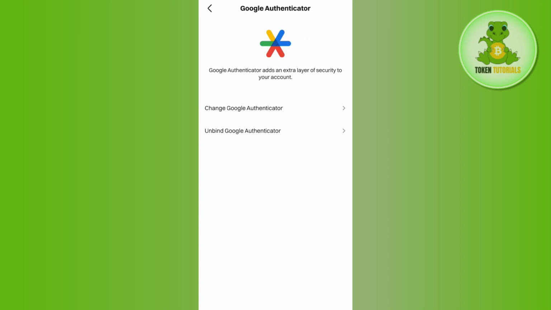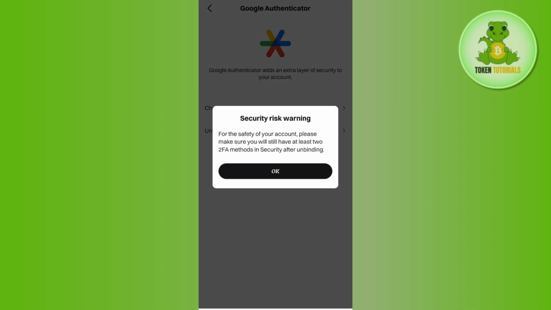So you need to tap on Google Authenticator and after doing so, you will see change Google Authenticator. So if you want to make any changes to your Google Authenticator account that is linked with Bitget, you can do that. But since you want to remove Google Authenticator from Bitget, you will see the second option that says unbind Google Authenticator. So you need to simply tap on that and it will show you this type of security